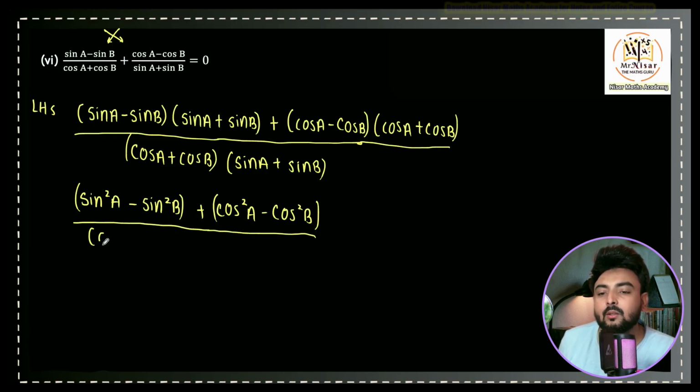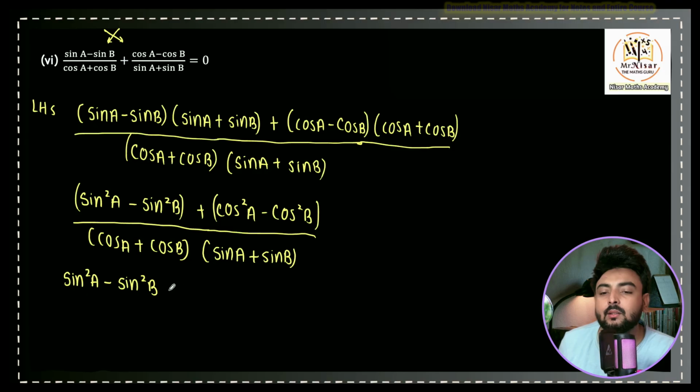It will be cos A plus cos B, sin A plus sin B. So if I open the bracket in the numerator, it will be sin square A minus sin square B plus cos square A minus cos square B upon,